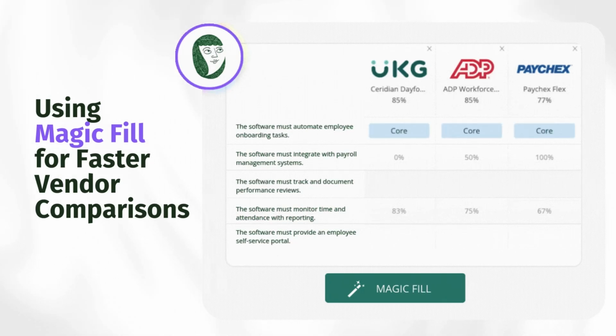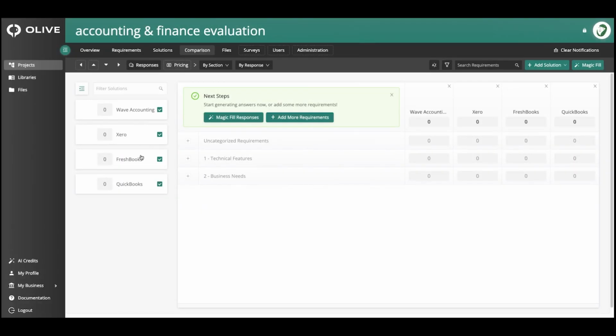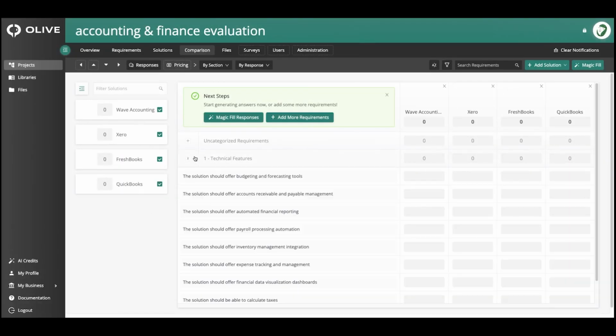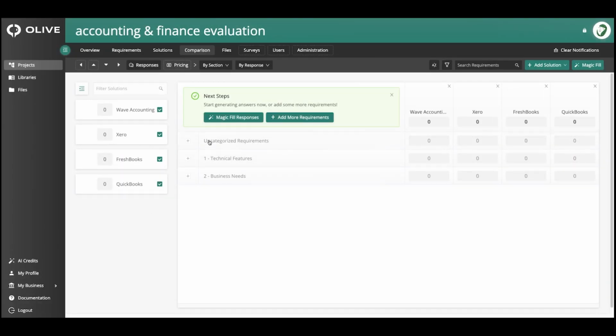Magic Fill by Olive AI is your analyst in a box. We have a number of accounting software here, and we have a number of requirements that we want to answer. We could send someone out to go and Google for us. We could spend a bunch of time trying to search for it in ChatGPT individually, or we could just hit